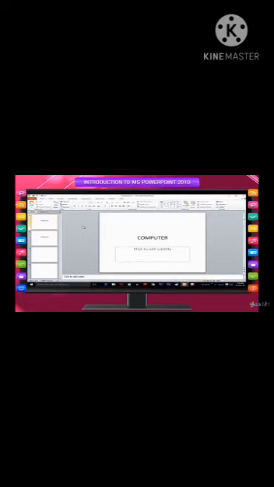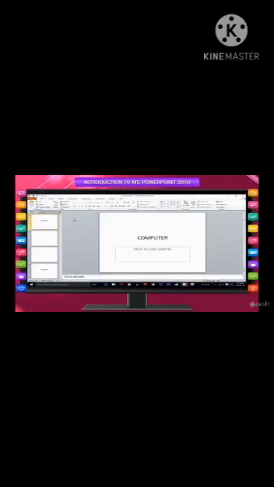Rearrange the order of slides. On the Slides tab, click the slide that you want to move and then drag it to the location that you want. To select multiple slides, click a slide that you want to move and then press and hold Ctrl while you click each of the other slides that you want to move. In case the slides to be moved are in serial order, then click to select the first slide. Move up or down to the last slide. Press the Shift key and click to select the last slide. The whole set from the first to the last slide will be selected.